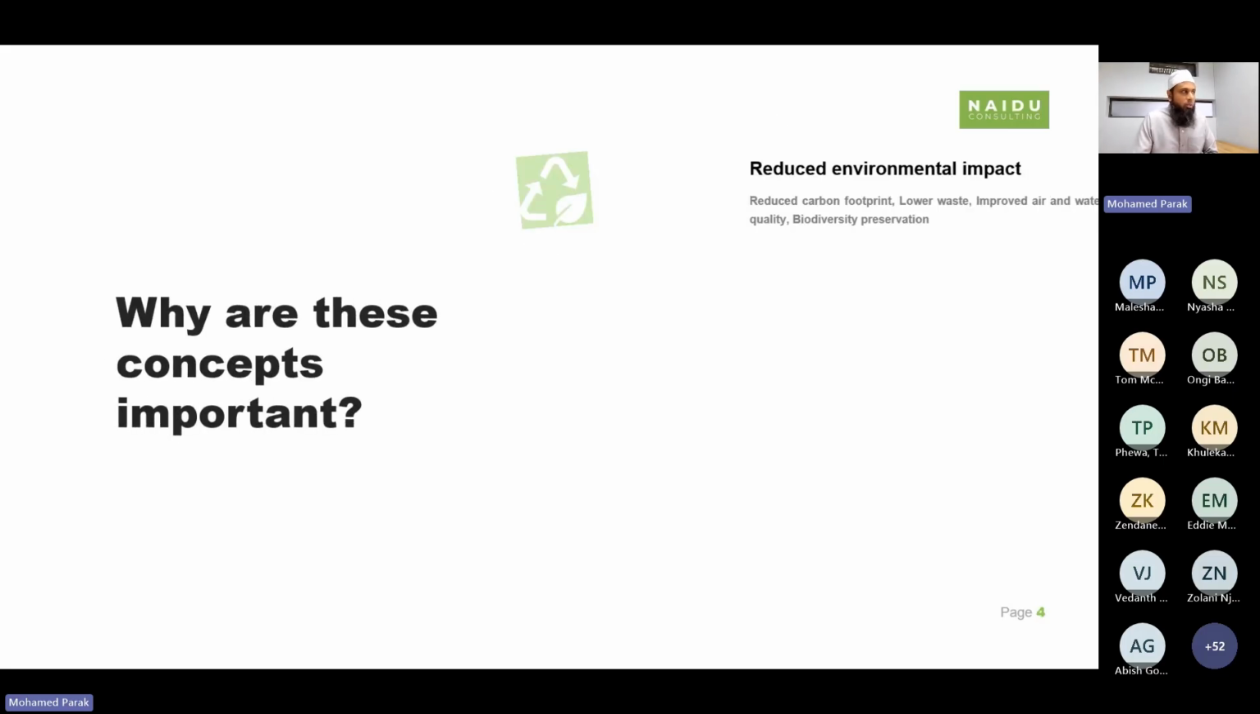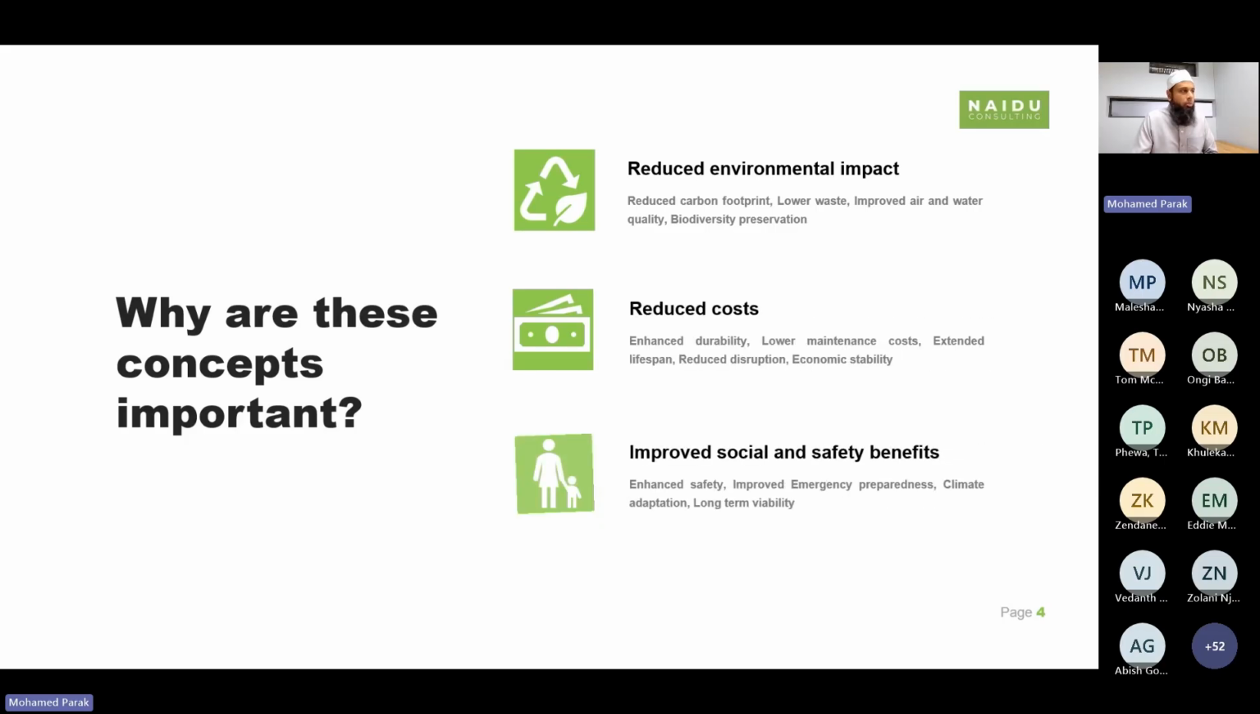So why are these concepts important, and especially for bridge design? A sustainable and resilient bridge design leads to, of course, a reduced environmental impact, reduced overall costs, and improved social and safety benefits. These principles will be demonstrated in the case studies that will be presented by my colleagues